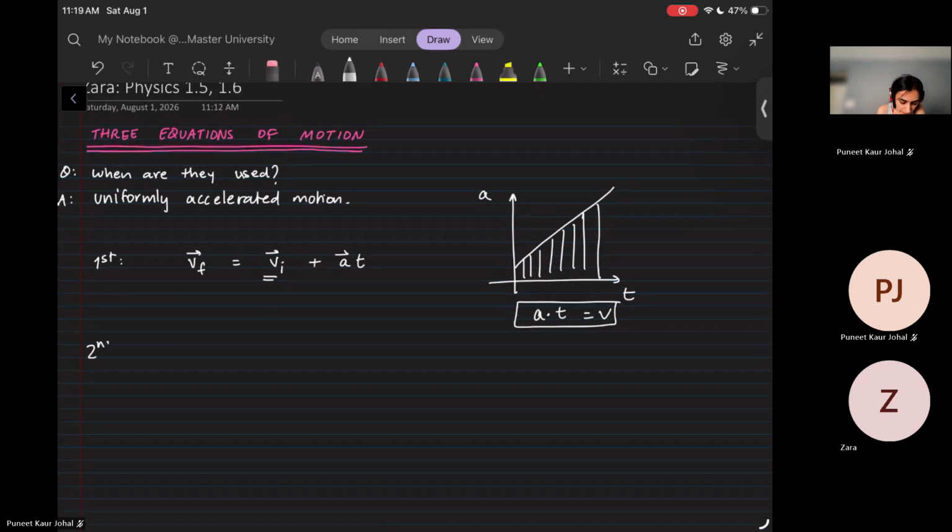The second one relates displacement. So it says your displacement is the initial velocity times t, and that is if you were traveling at a certain velocity for a certain period of time. Yes, you covered that distance. But then you also accelerated, and that's going to be half a t squared. So again, that's your displacement. This is best understood